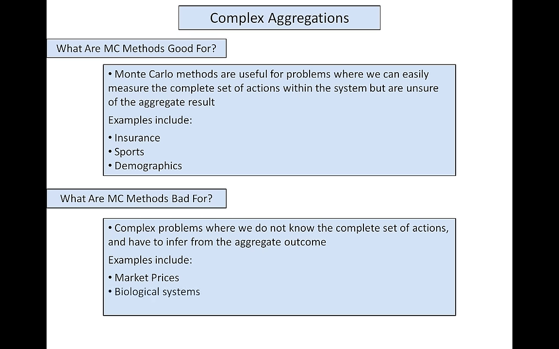Another example of this is biological systems. And it's actually very interesting in that for microbiology, that is modeling how proteins fold and how DNA and RNA and so forth interact, there are a lot of very interesting advancements in Monte Carlo methods for understanding exactly how these microbiological processes work. But for very large biological systems such as the human body, ecosystems, a forest, something like that, Monte Carlo methods do not give you a credible result.